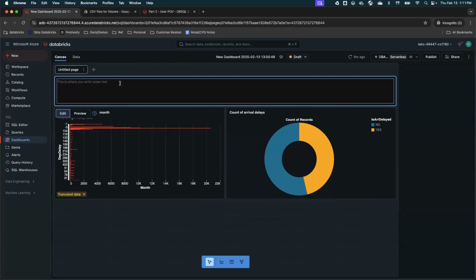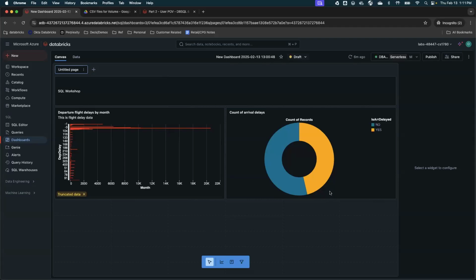So I can say SQL workshop, and then this text will be displayed, and then I can make it markup text or do whatever changes I want to do. If you are looking for the query, it is already shared into the chat. So please go there and look at the query.